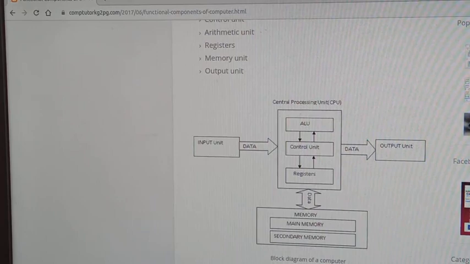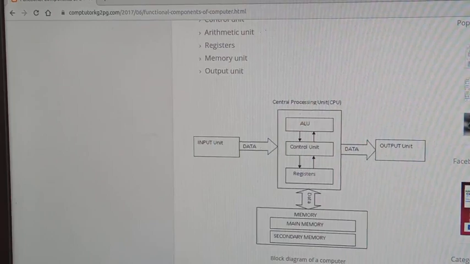But the important point you need to study is about the processor. The CPU contains one processor, and the processor has a direct connection only with the main or primary memory. There is no connection between the processor and the secondary memory. So if you want to do any operation on data, first you should move it to the main or primary memory, because the processor has a direct connection to the main memory. This is the main difference between main memory and secondary memory.